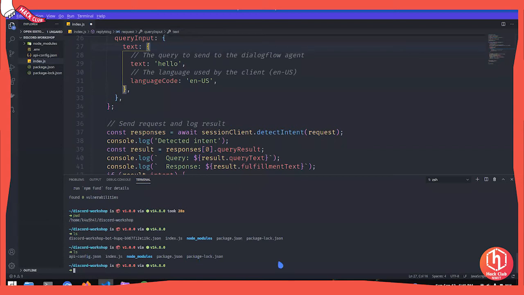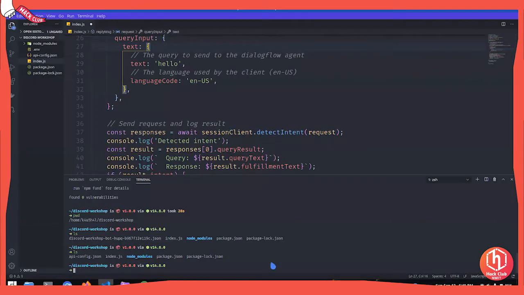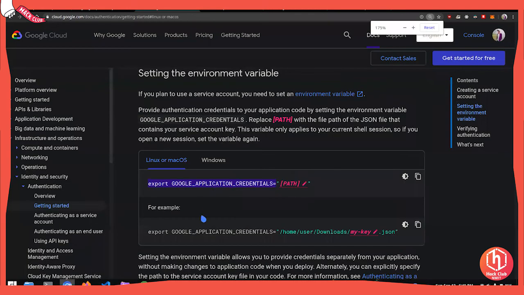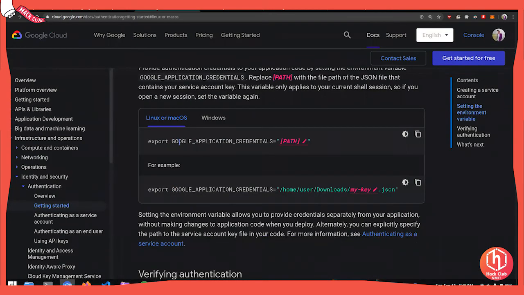So now we'll copy that same command again, and inside double quotes over here. So what this command is doing, I'm going to just zoom it for you. Yeah, over here. So it's export space GOOGLE_APPLICATION_CREDENTIALS equal to, and inside double quotes, you need to mention the file path of where the JSON file is actually residing.